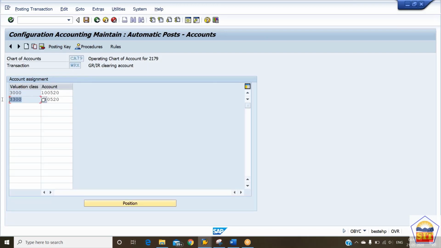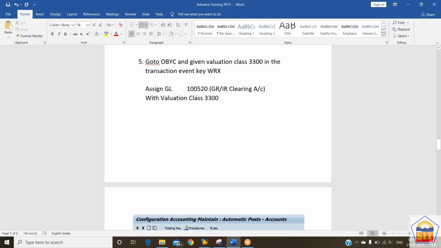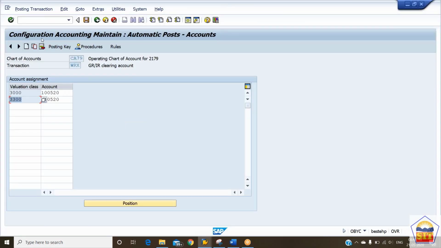So for the valuation class 3300, we need to assign the GRIA clearing account. In this case, I have already assigned this GRIA clearing account with the valuation class 3300, which we have set up for our non-valuated material type. Okay. Now